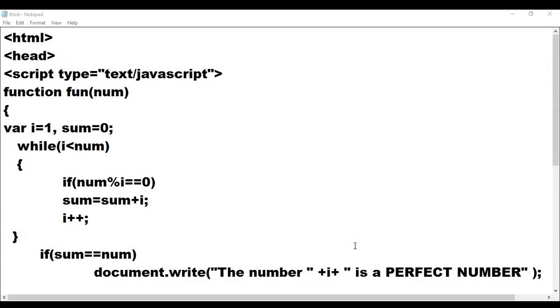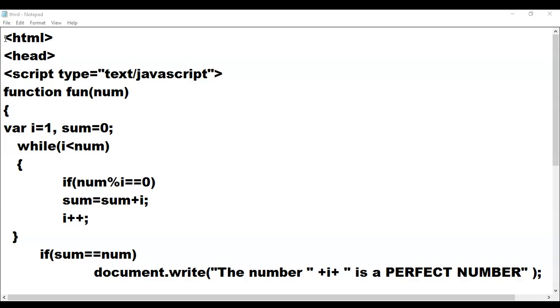In our lab, the task is to check whether the given number is perfect or not. In order to identify a perfect number, we need to understand what it is. Whenever we enter a number as input, we find the divisors of that number, and when they are added, if we get the same value again, then the number is said to be a perfect number. Otherwise, it is not a perfect number.